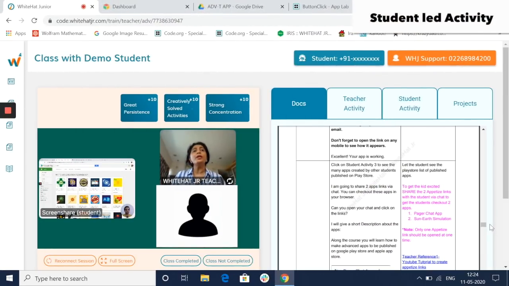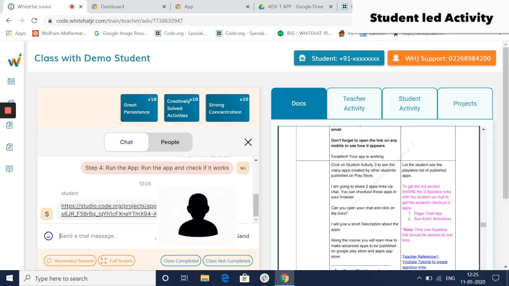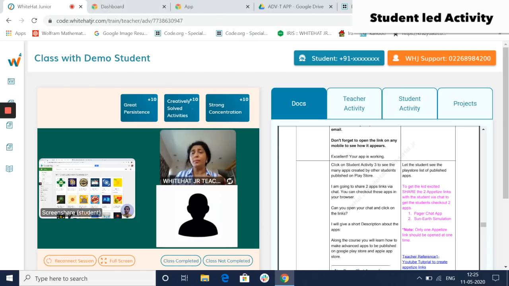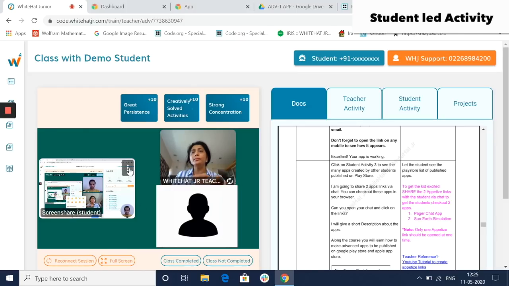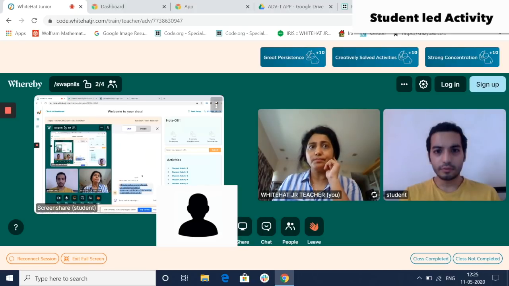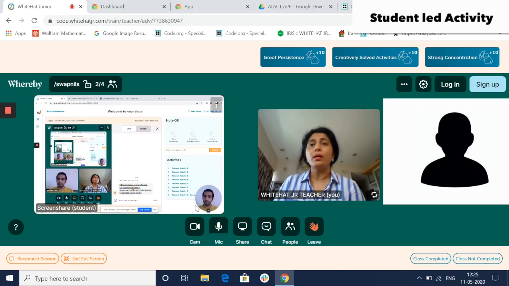Okay, now I'm going to share 2 app links via chat with you. You can check these in your browser tab. Okay. I have copy pasted one and sent it. Can you open it in your browser? Come to the tab with the video panel. Open your chat window. Click on this. It will open in your browser. Just click. Okay, can you check? Let me see if this is how you share.